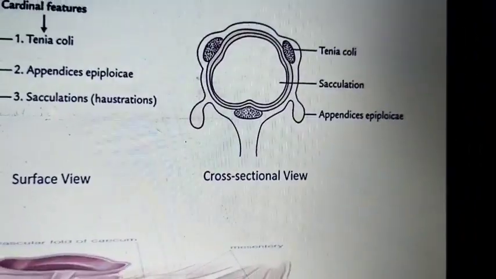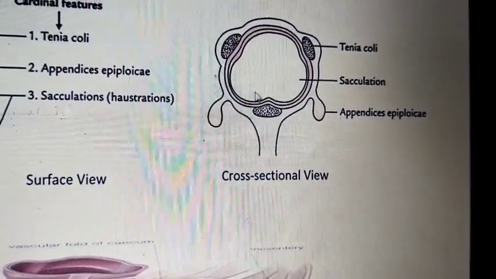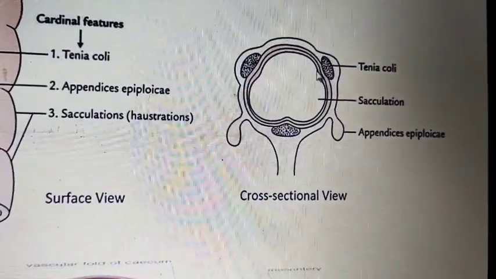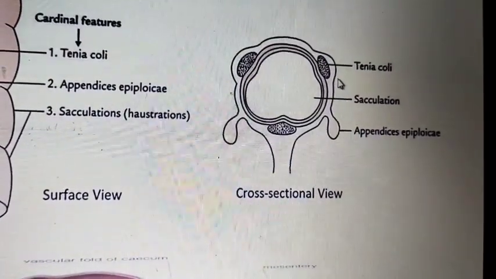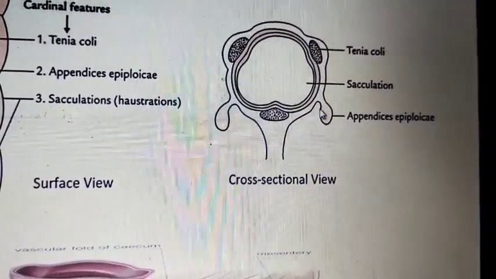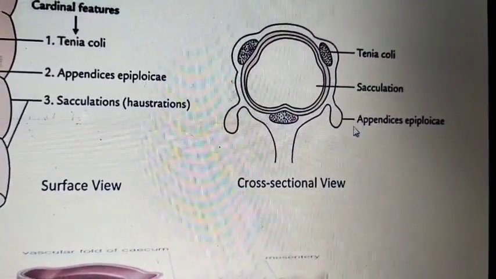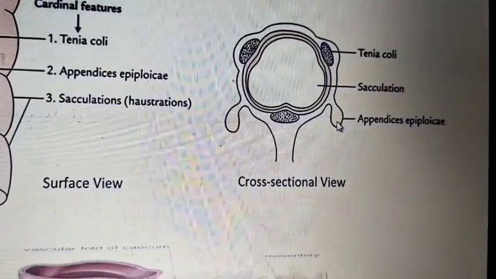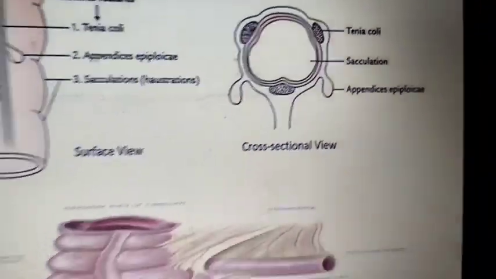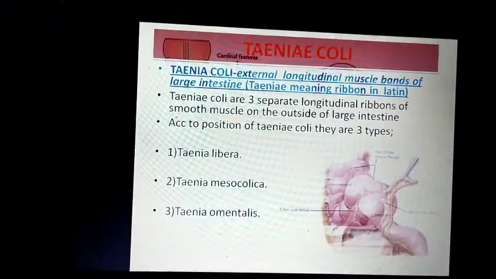In the cross section, it looks like this. This is the circular musculature of the large intestine, this is the longitudinal muscle of the large intestine, and these muscles are covered by the what? Peritoneum, and this is a pouch of the peritoneum. Okay, these pouches are seen as appendices, and they are filled with fat. That's why they are called appendices epiploicae. Okay, you can go for the next slide.